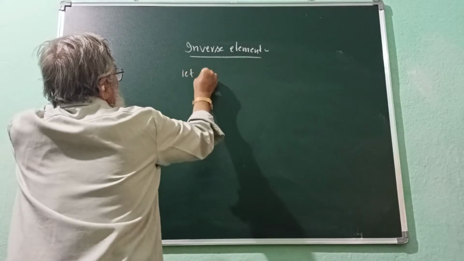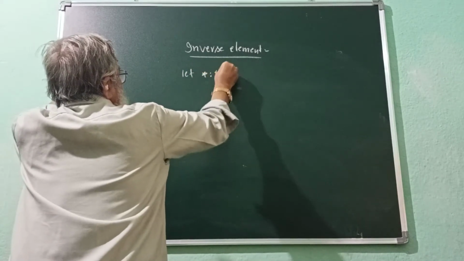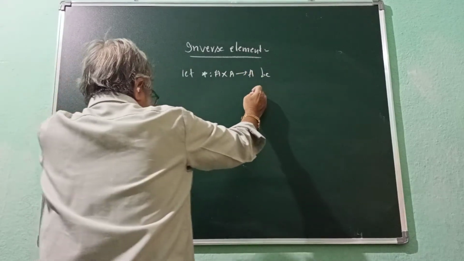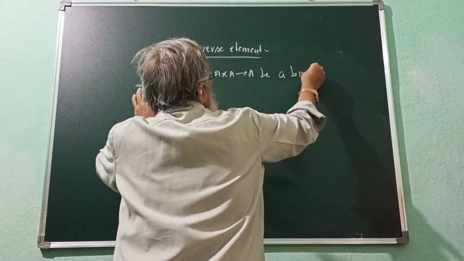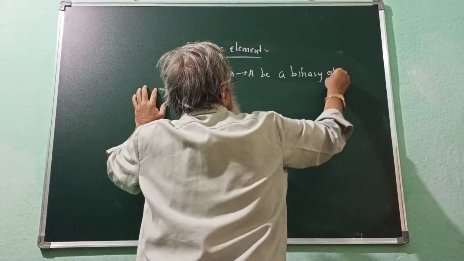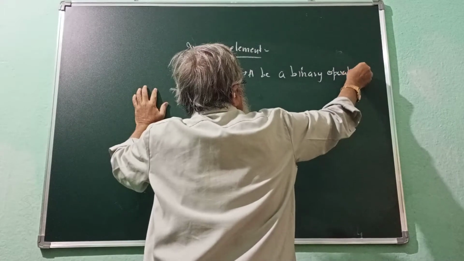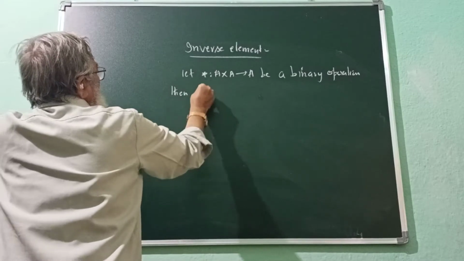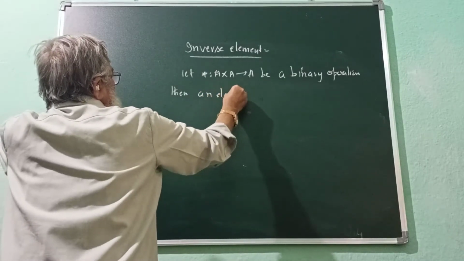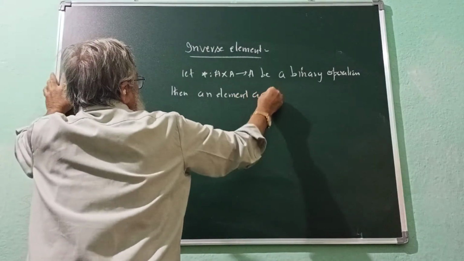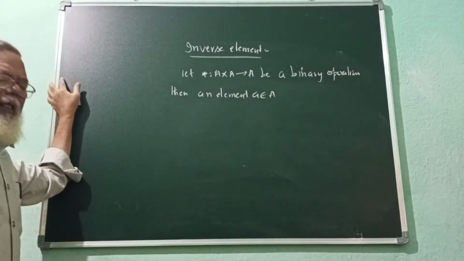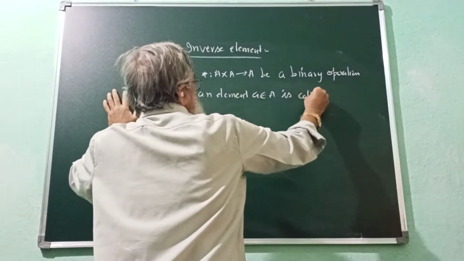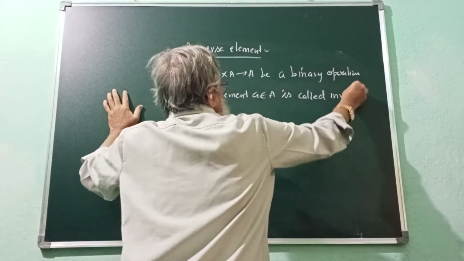Let star, A cross A to A, be a binary operation. Then an element a belonging to A is called invertible